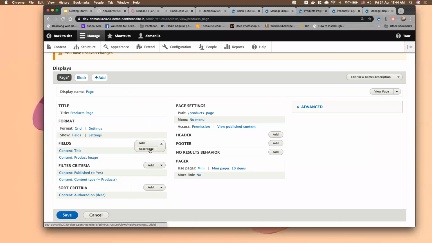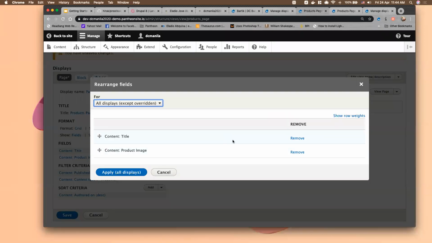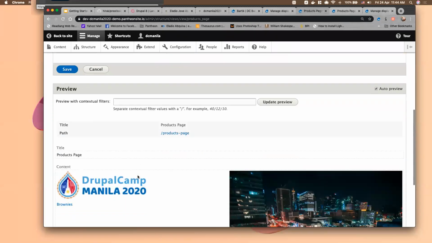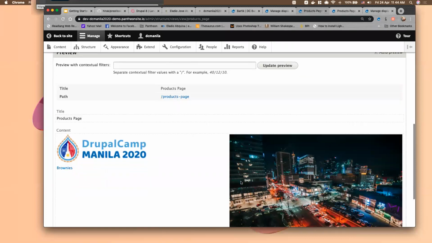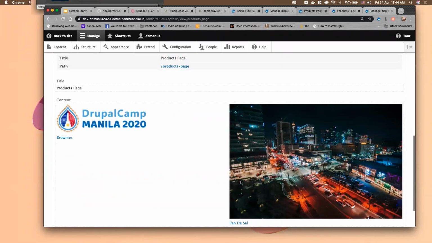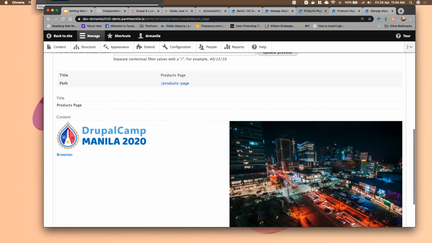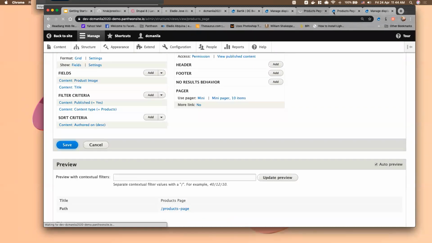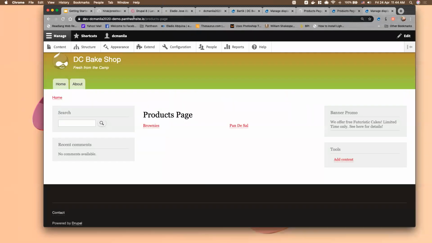So I'm gonna click that button to rearrange. I'm gonna remove it, or maybe I'm gonna put it at the bottom, maybe to show that's what it's called. I'm gonna click apply to all displays. And like that, we now have an entirely different view, okay? I'm gonna save this. And if you go to my Pantheon site products page,